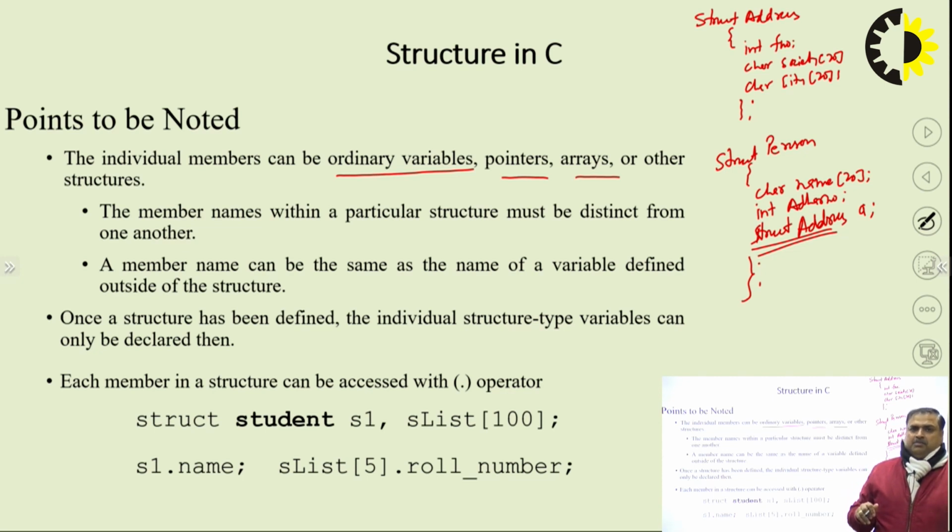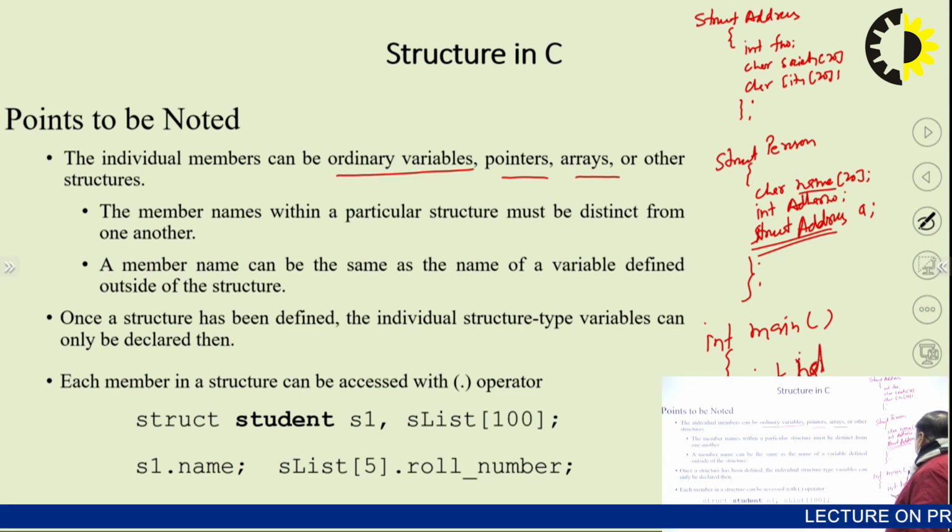So these variables can be similar. Like here we have used a name. This name we can provide inside main also: main, int id, char name,